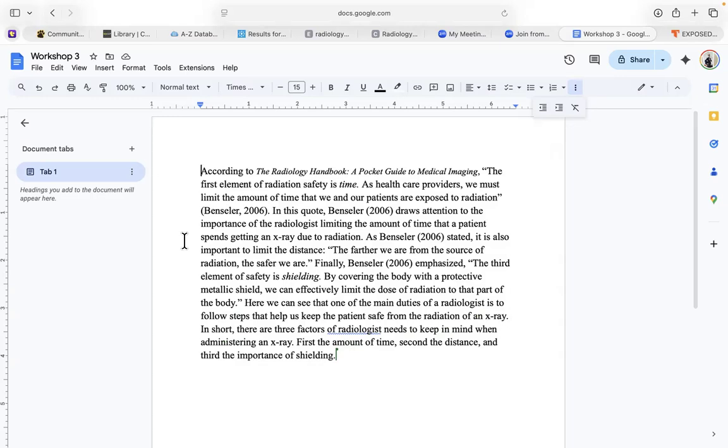And what I notice is I don't really have a topic sentence here. It jumps right into the quotes. This is my evidence, the proof that what I'm saying is true. And so I'm going to add a topic sentence. I'm going to put the cursor right here. What's the main focus of this? It's safety